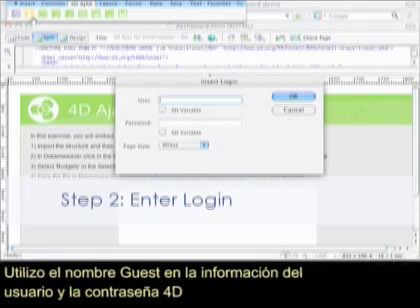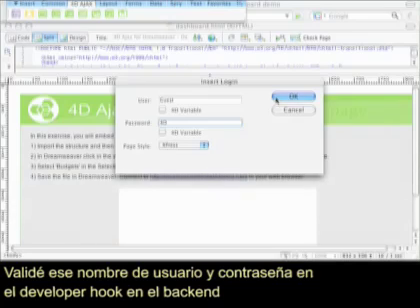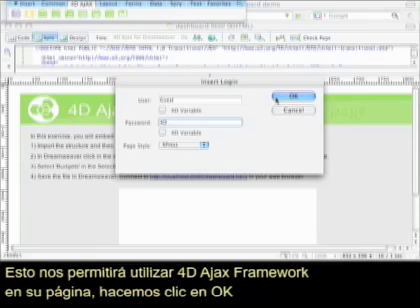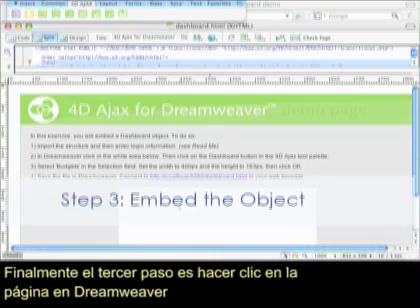Right now, if I use a username guest and the password 4D, I know that I validated that username and password in a developer hook on the back end. That developer hook is a DAX dev hook login. So that will allow us to use 4D Ajax Framework on our page. So I'll hit OK. And finally, the third step is to just click on the page in Dreamweaver where I want the object to be embedded